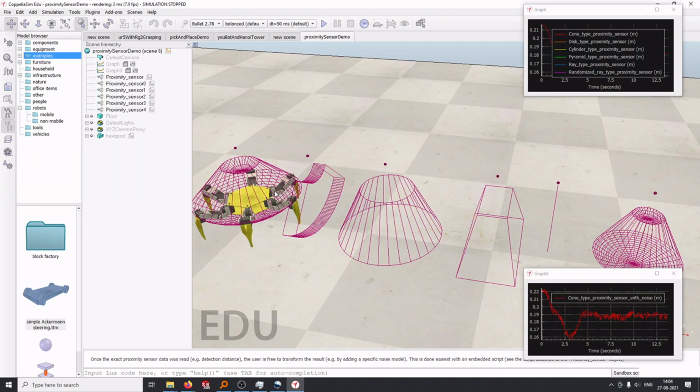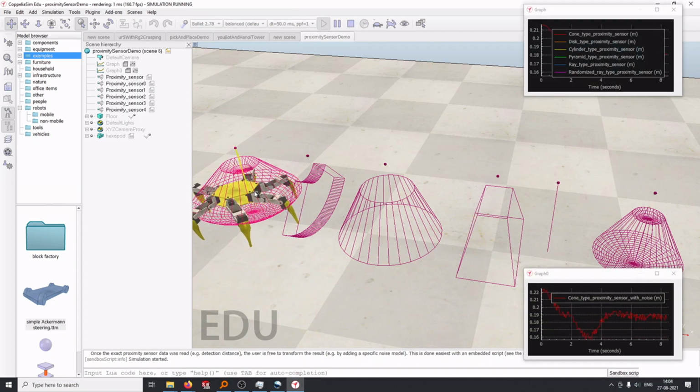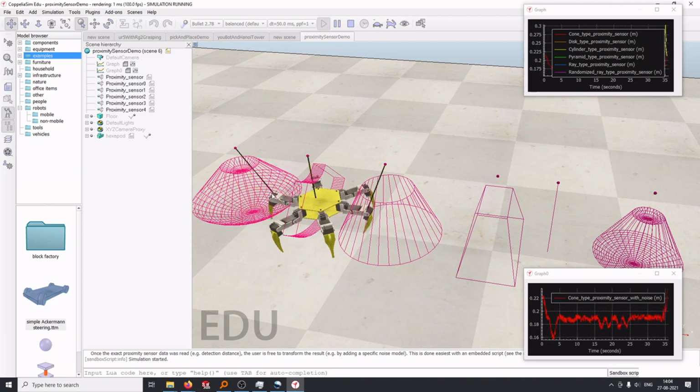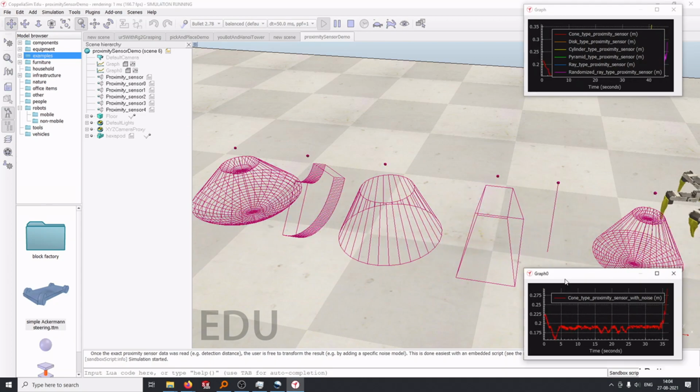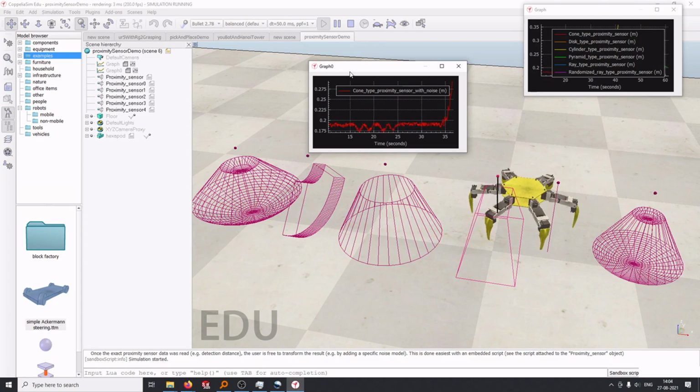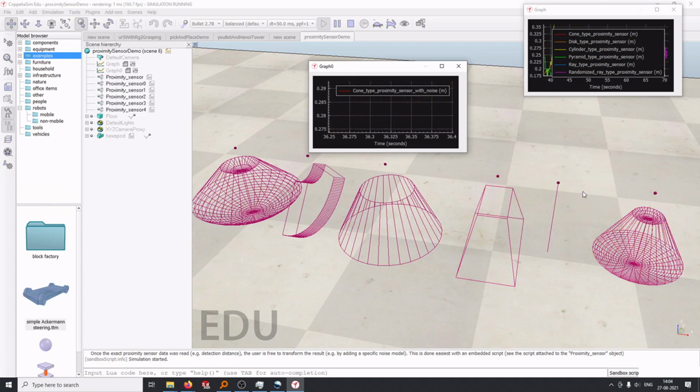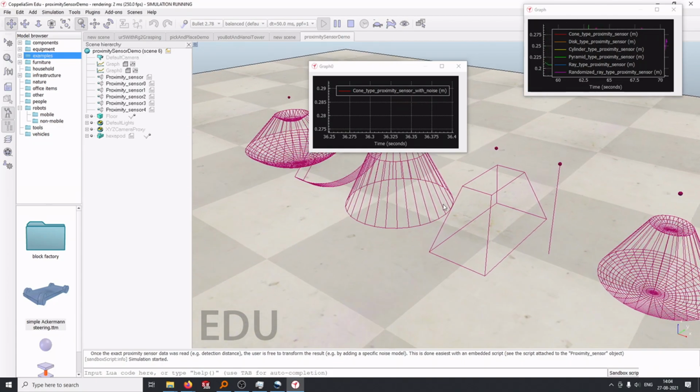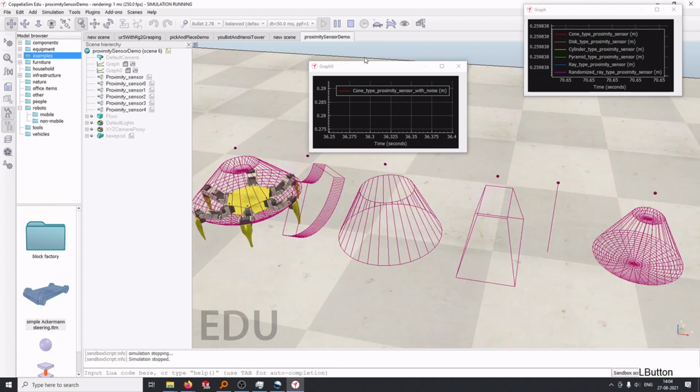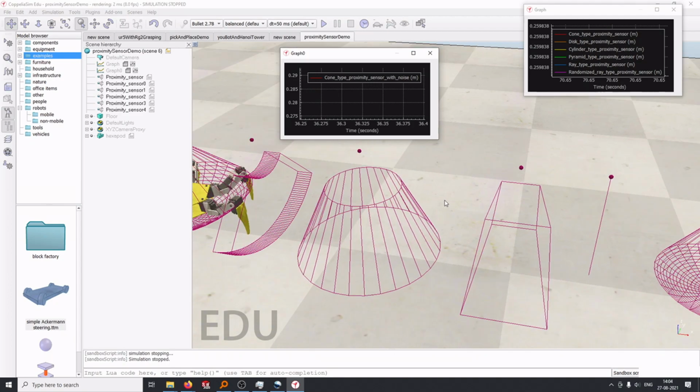Okay, so I can see there's a spider over here. There's a cone. There are different rays. Let's just run and see what's happening here. I can see there's a ray and it's trying to detect this motion, and it tells me the distance, I think so. Yeah, it tells me the distance between the ray and the spider thing. Let's run it again and see once more what's happening here. It was a bit fast.